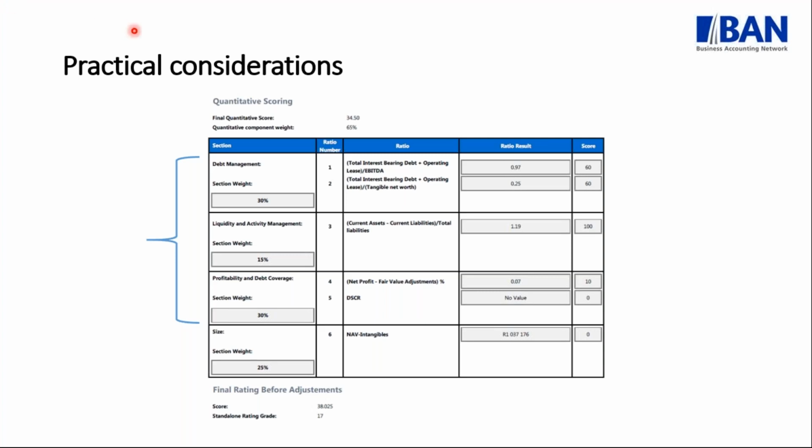And I just wanted to show you here in the top part your debt management, liquidity and asset management, as well as profitability and debt coverage. These profitability, liquidity, and debt indicators are actually weighted quite heavily, between 15 to 20% of your overall quantitative scoring. So it's just another indicator to show that your liquidity and solvency is so important to monitor on an ongoing basis, to make sure that it's healthy, so that when you do need financial assistance, or you do want to apply for a loan, your business is in a healthy position to do so.